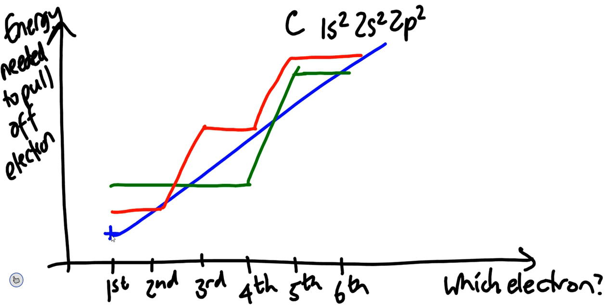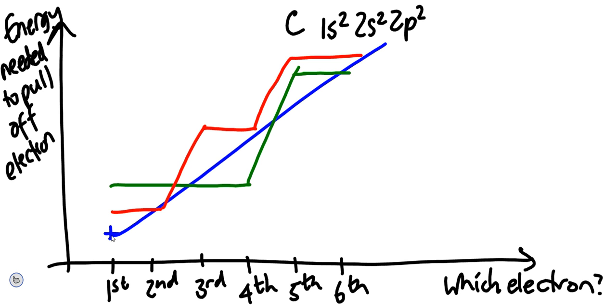They're all saying something slightly different. The blue line is telling us that it just gets more and more difficult to remove electrons every time you take one off. The red line is showing us that there's a stepped process, that the 2 electrons in the 2p subshell are easier to remove than the third and the fourth electron, which are in the 2s subshell, and the fifth and sixth electrons are the hardest ones to remove because they're in the 1s subshell, or